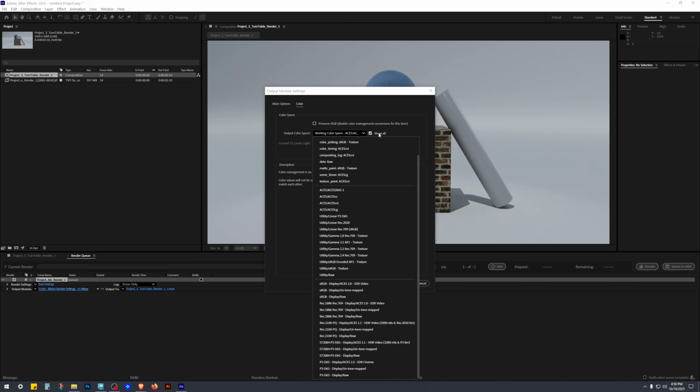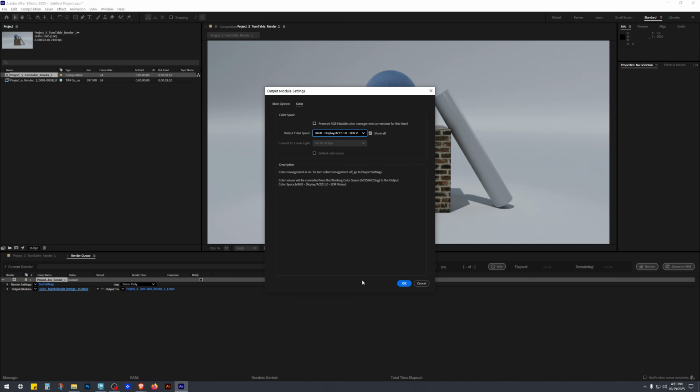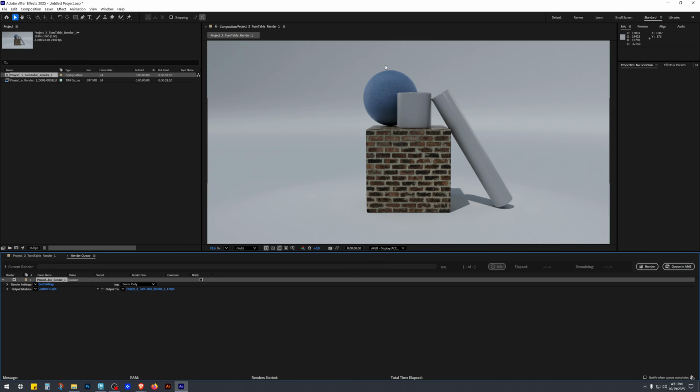Make sure Show All is selected. And then you're going to find sRGB display, 1.8 sRGB display / ACES 1.0 SDR video. Hit OK, and that. And then next